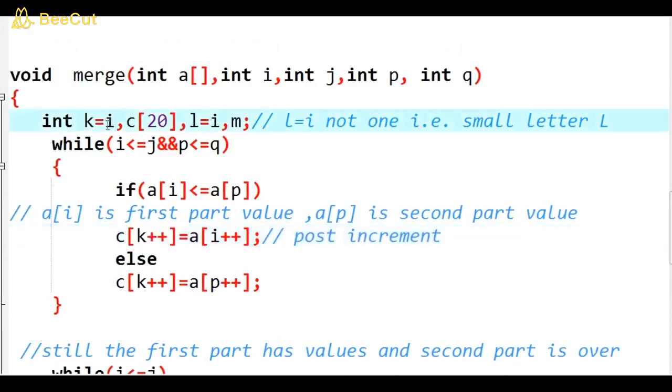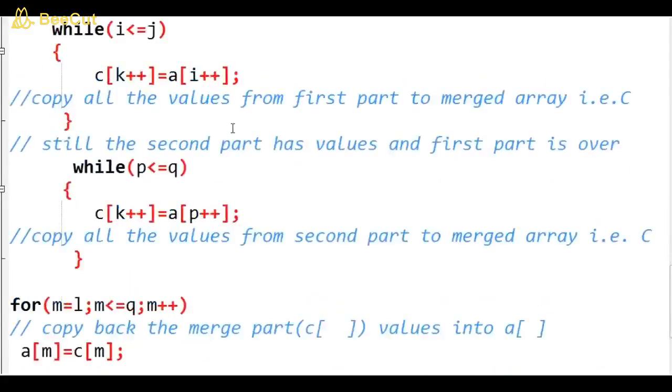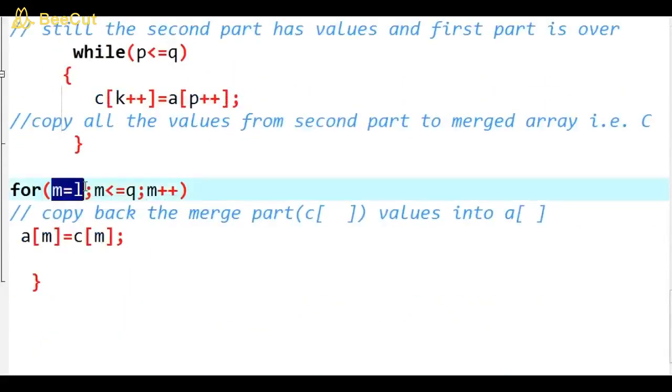That's why the starting index value I is stored in K, so K is also incrementing, but you should preserve the starting index value of I in another variable L, because you have to copy back the merged array values into the original array. That's why L is the variable I have used. M is for index purposes, which I used at the last. M I used here, and L value is I here. So that is the reason.